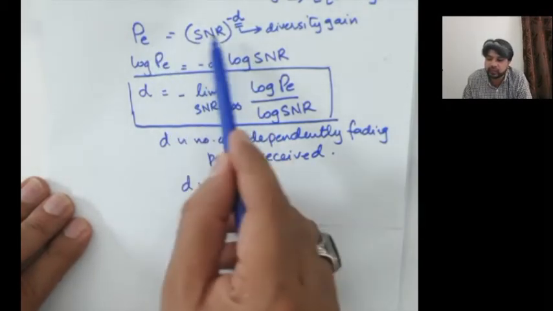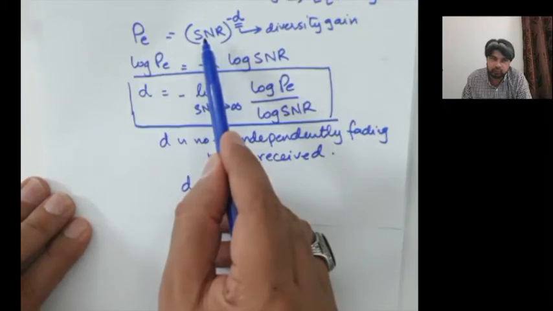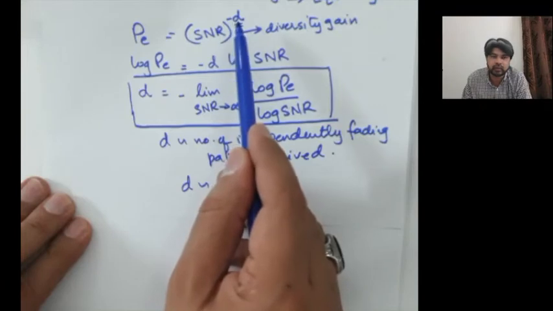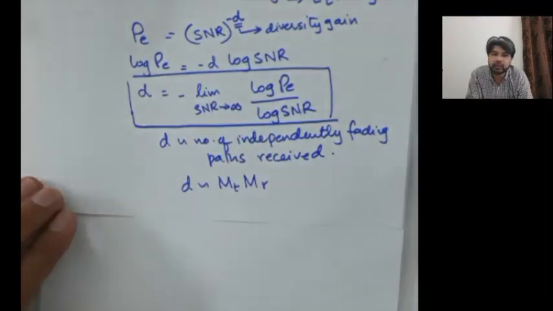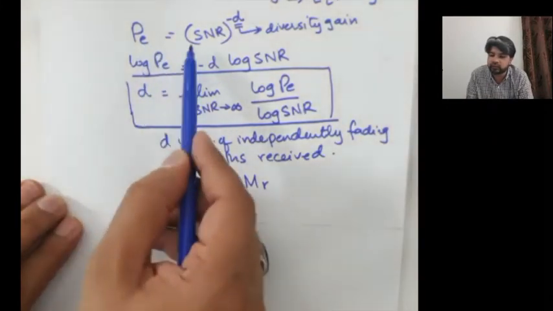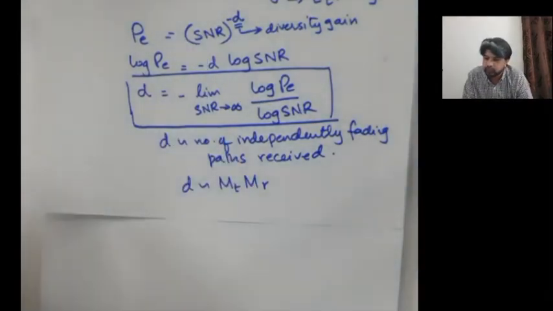So you would typically get an equation where your error probability would be related to the signal to noise ratio to the power of minus the number of independently fading paths that you can receive. Right? So that is the nature of the channel, because you would be receiving independently fading multipath, and if you receive independently fading multipath, you would get this kind of relation of the error probability with respect to the signal to noise ratio.